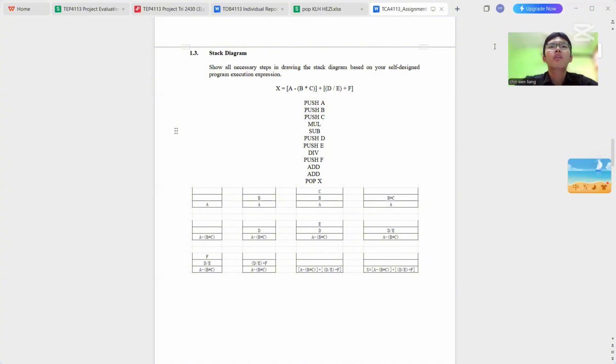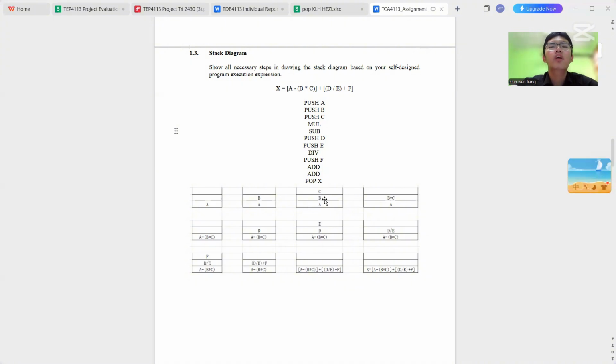First, let me show the expression, which is x equals a minus b multiply c plus d divide e plus f. For my method of doing the stack diagram, I will look for the zero address. First is push A. We write the A in the diagram, and next is push B, write the B, push C, write C, and then for the multiply, look at the